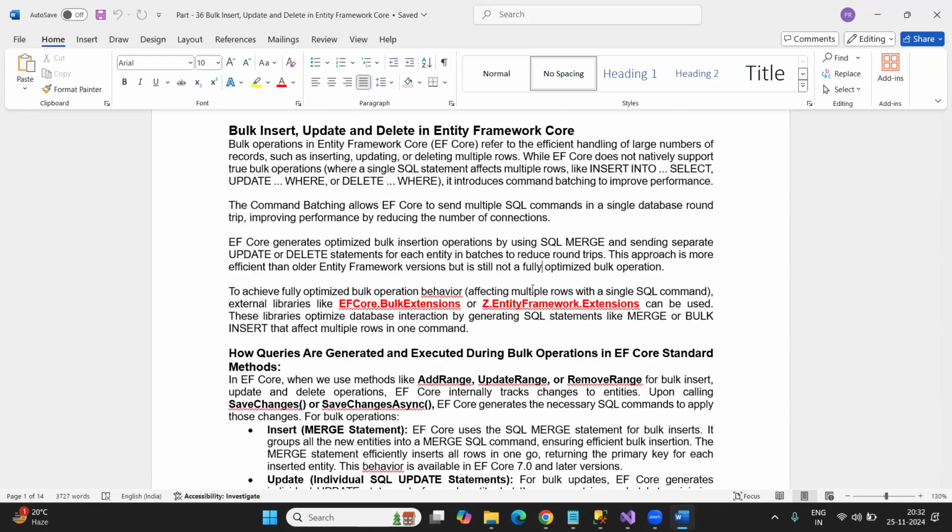Today, basically, we are going to discuss how we can perform bulk operations. Bulk operations means we'll discuss how we can implement bulk insert, update, and delete functionality. When we are performing a bulk operation, what does Entity Framework Core do internally to handle it? That is what we are going to discuss. Then we'll discuss why the Entity Framework Core bulk operations are not performance optimized,